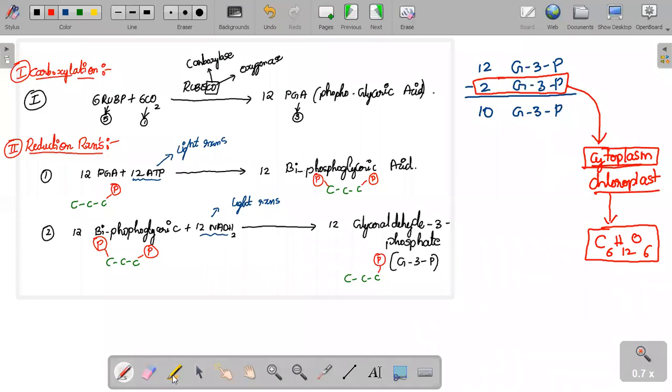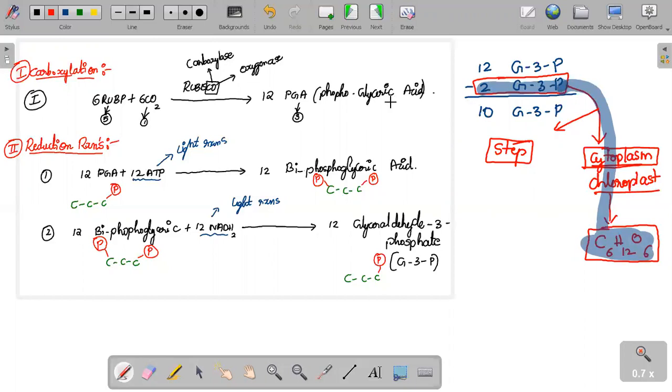This reaction, whatever it is, where these 2 G3P molecules are converted into C6H12O6, is an entirely separate mechanism. This one you have to study in your higher classes. It is not given in your textbook also. This single step is a totally new mechanism, and you will be studying it in your higher classes. As of now, it is not given in your textbook, and I'm not going to explain it.